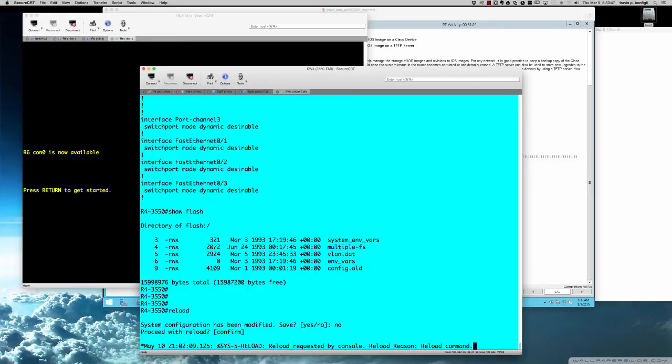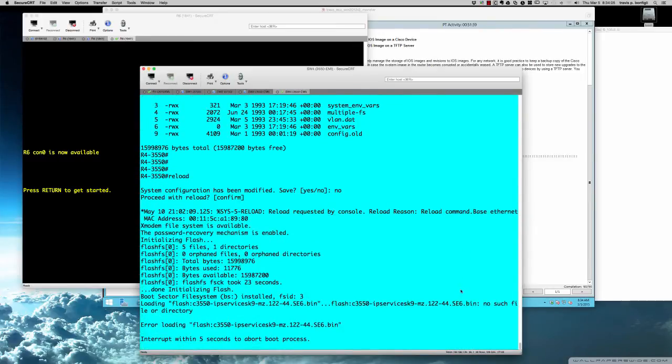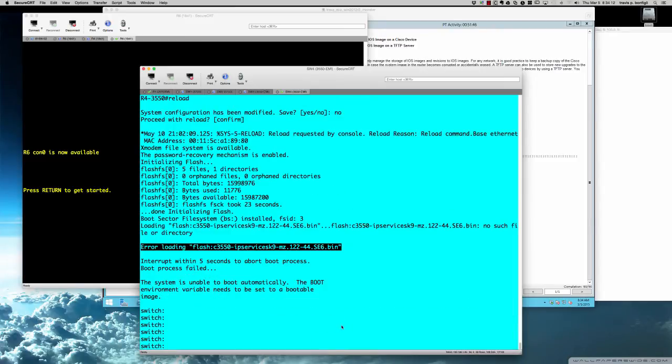and therefore so is the IOS image that we were running. And I'm going to let it go ahead, and the 3550 unfortunately is a little slower than some of the other ones. But what will happen is it's going to try to come back up, and we're going to end up in sort of a ROM-mon type mode where it doesn't know how to boot itself up. And here we go. You can see we get an error message telling us error loading that file because we removed it, and then here we go. Now we're at what they call the switch prompt,